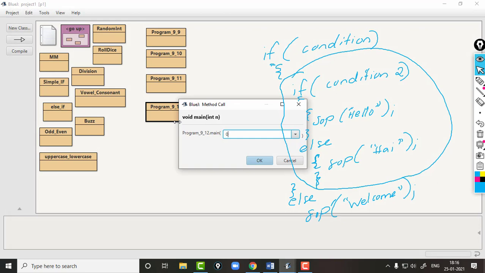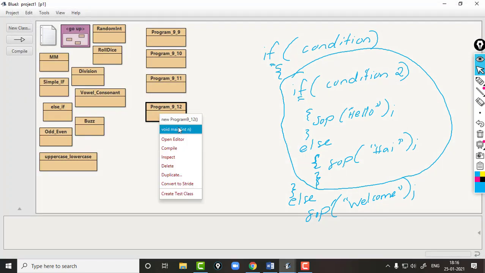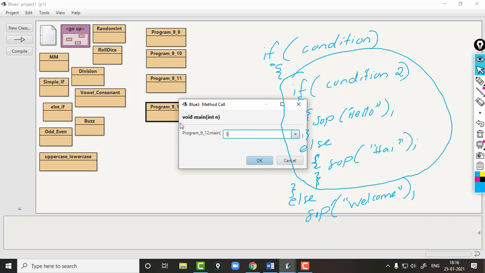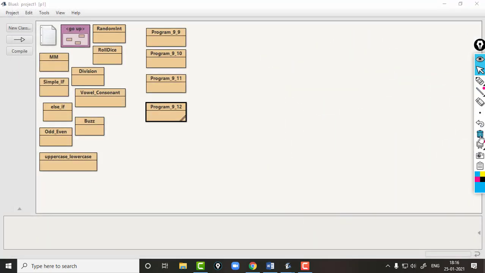Then we can enter 0. So you entered 0. Then we can enter a plus value, 5. So you entered a positive number. Like that this program will be executed. So students, I hope you could understand this program. Thank you.